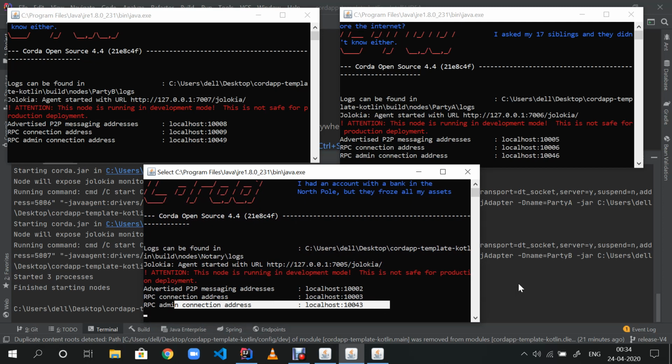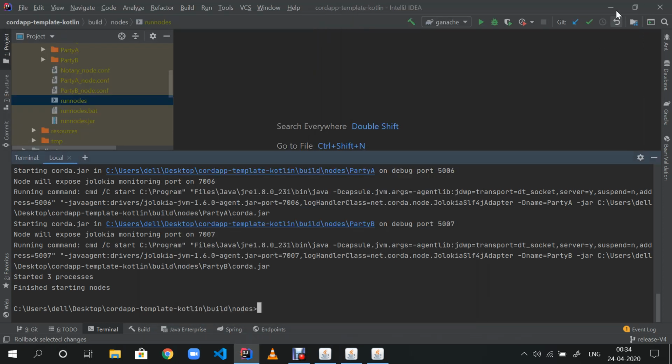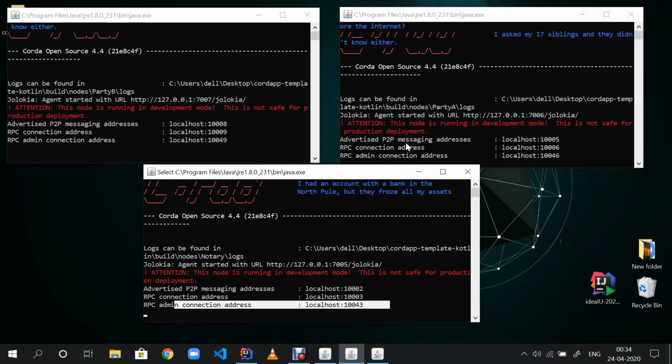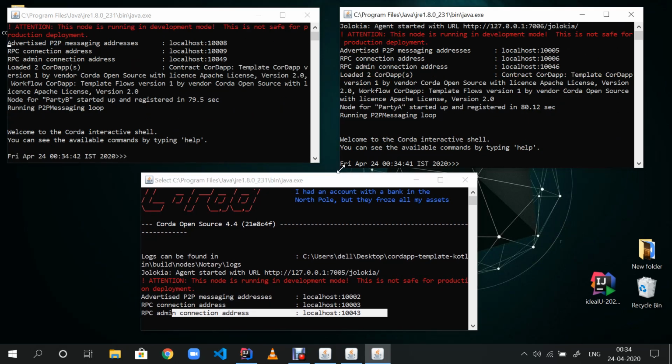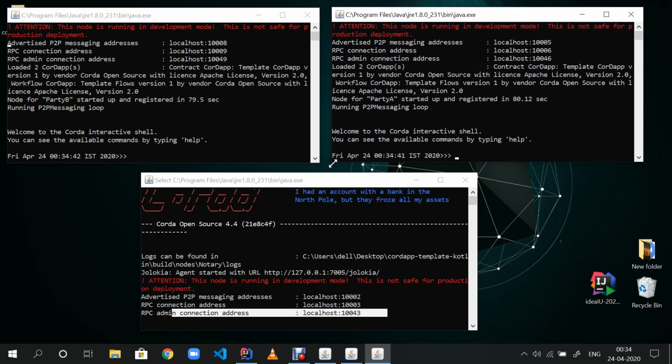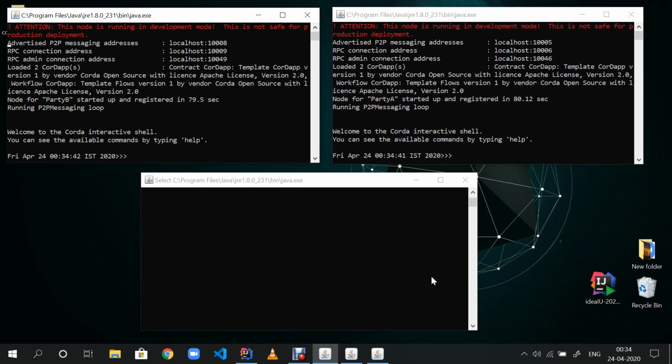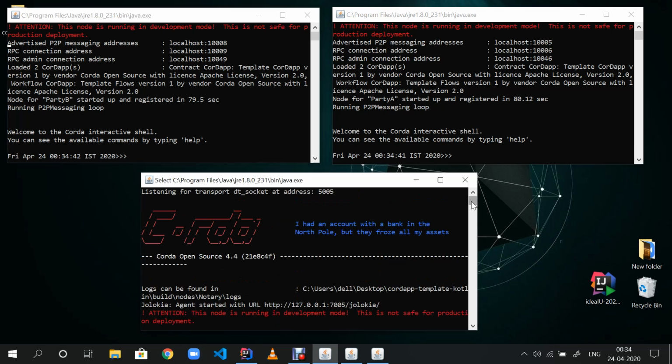About RPC, as I told you, you can read on the internet to gain a deeper understanding. When you encounter these three arrows, this is when your node is completely running. This node is still pending, so we will wait for this also.